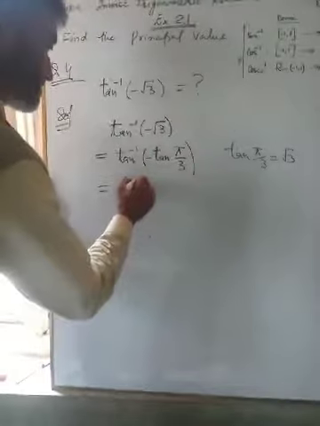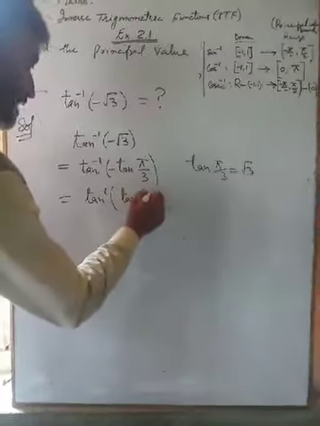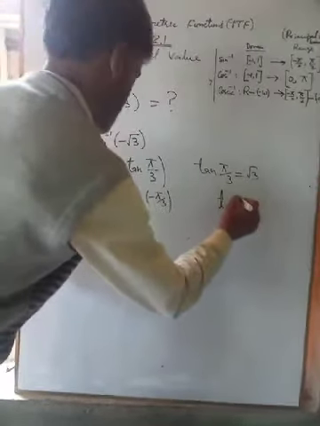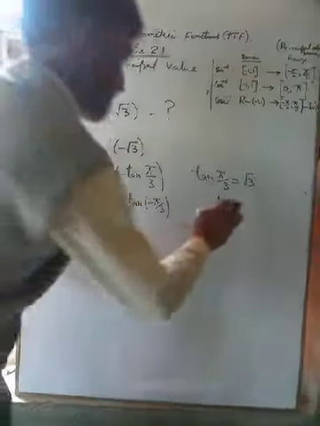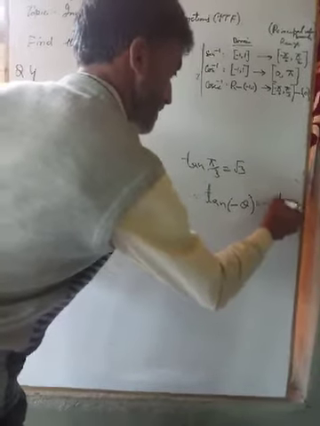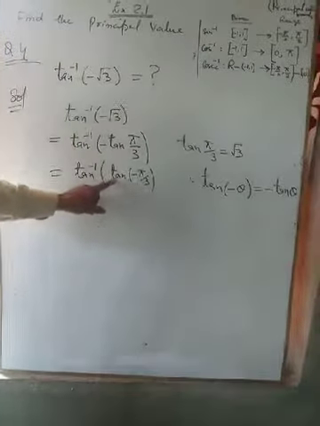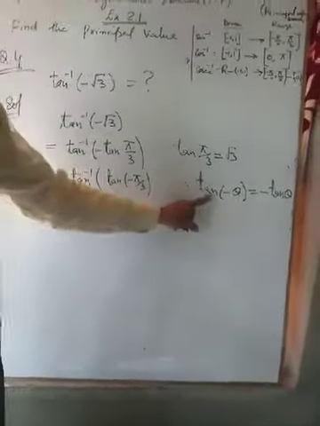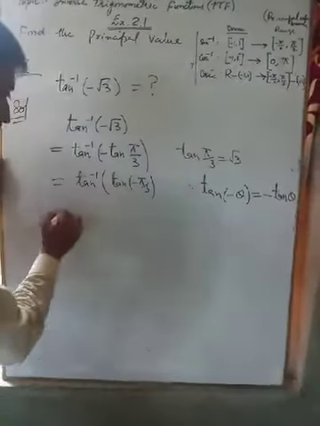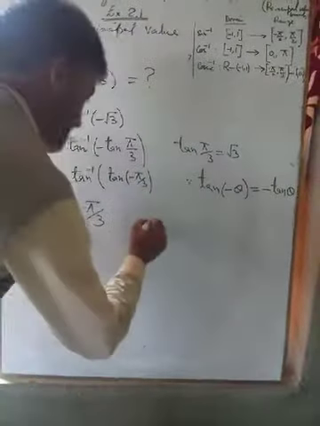Tan of minus pi by 3 because tan of minus theta is equal to minus tan theta. So we can change it here. Minus tan pi by 3 is equal to tan of minus pi by 3 because tan of minus theta is equal to minus times tan theta. Now it is again equal to minus pi by 3 because tan inverse